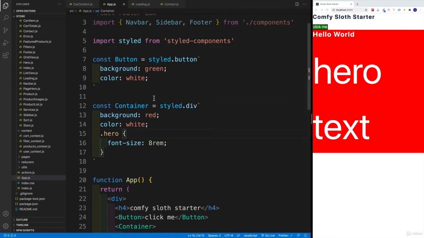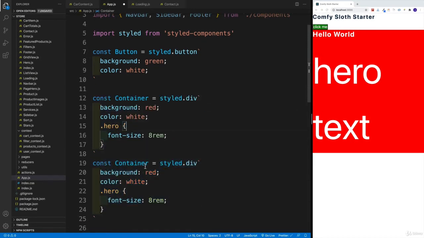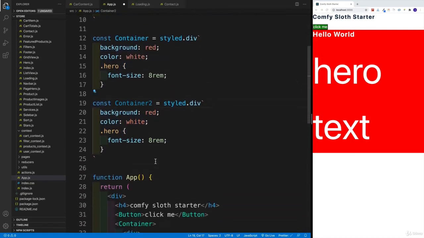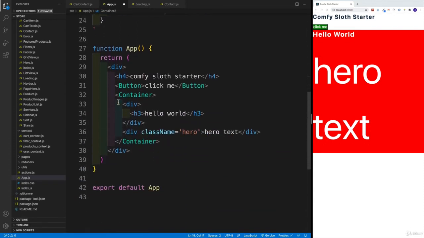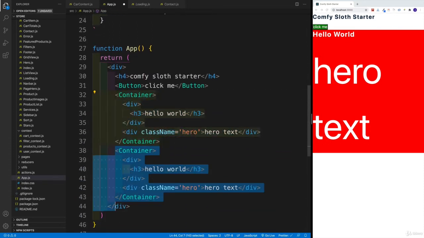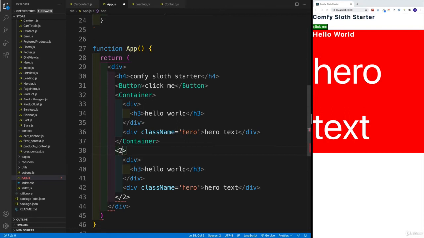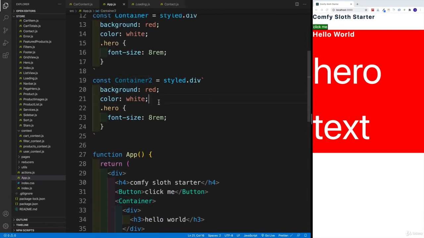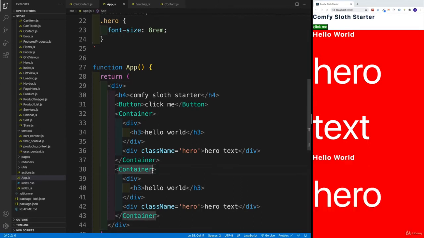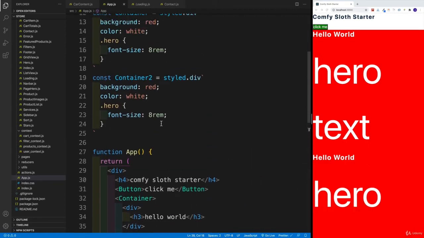So if I go back to the app.js, and if I copy and paste, and if I set up container number 2 and essentially repeat the same steps, I'm going to copy and paste, and I'll name this container number 2. I'll still have the heading 3. I'll still have the hero. But in this case, if I set up my container number 2 hero text, for example, to be smaller, be,